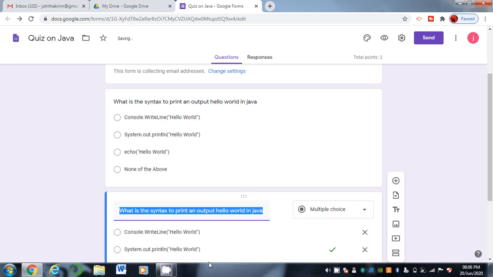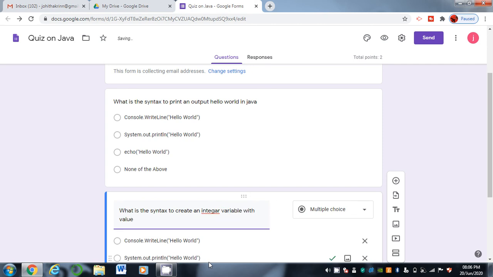And what is the syntax to create an integer variable with value 10?